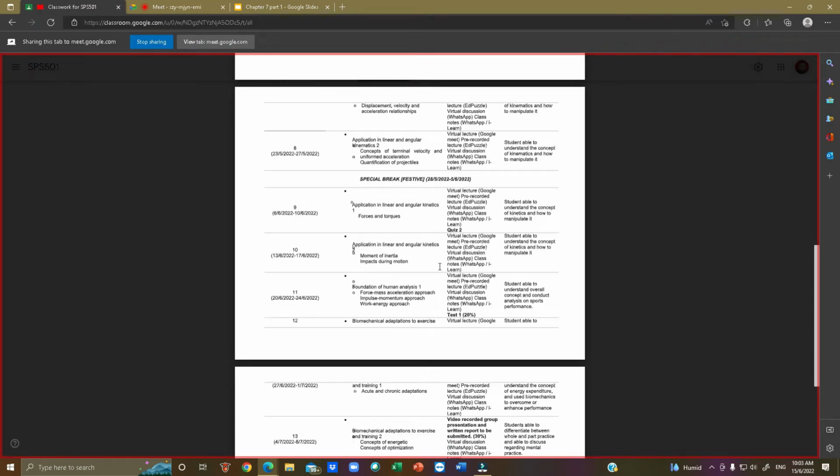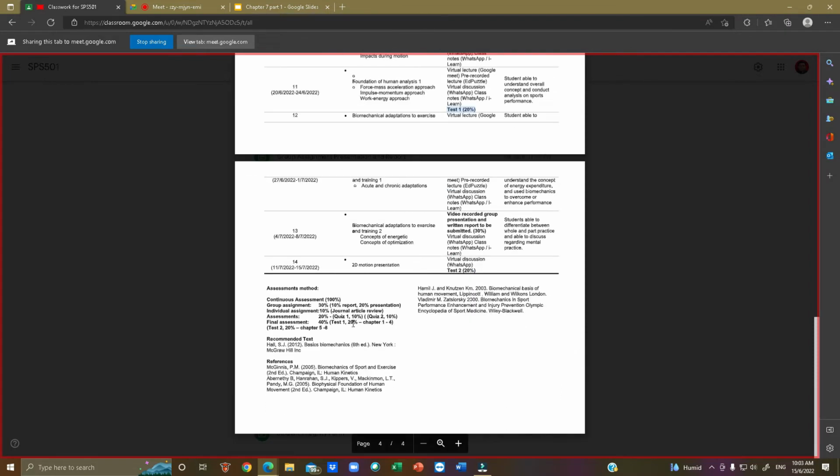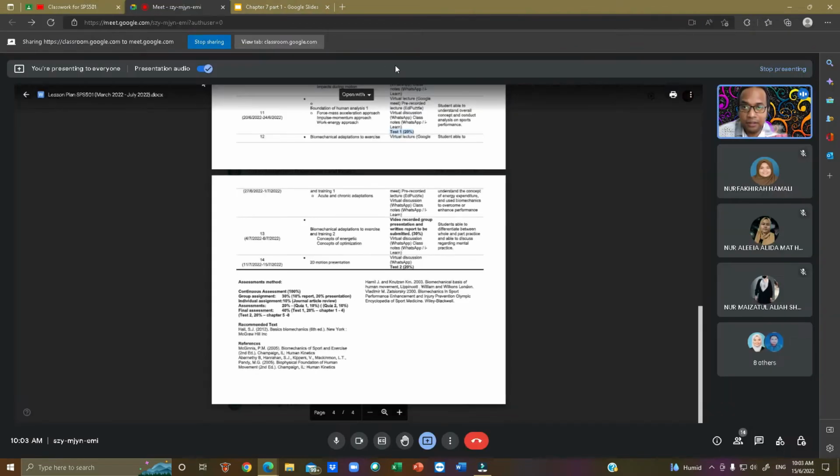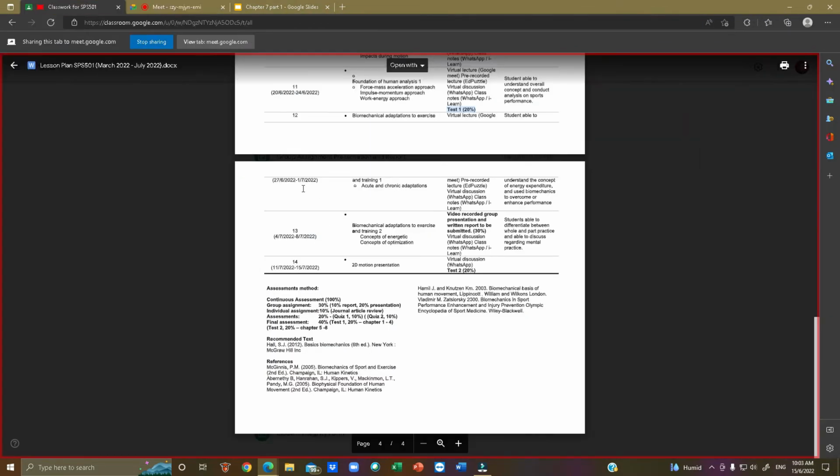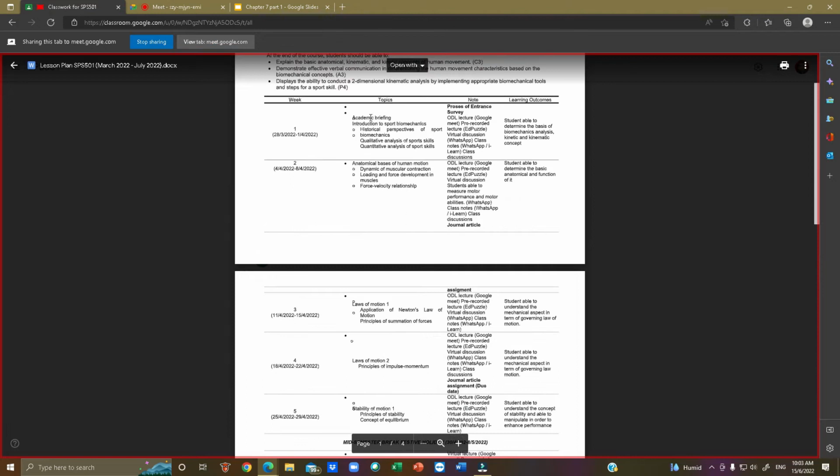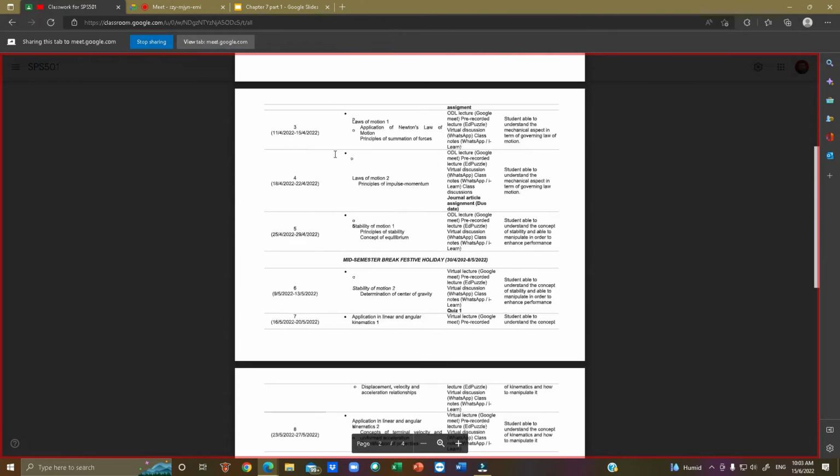Alright, the thing that I need you to focus on is this one. Nampak kita ada test 1, it will be conducted next week at week 11, and test 1 will be covering chapter 1 until chapter 4. Okay, chapter 1 kita apa? Introduction, and it will cover up until chapter 4. It will be stability of motion. Okay, so determining the center of gravity is going to be the last